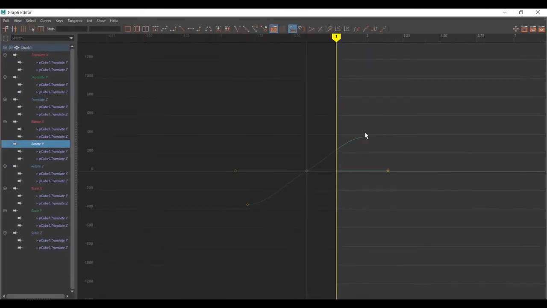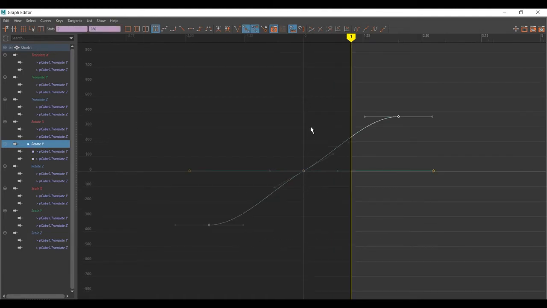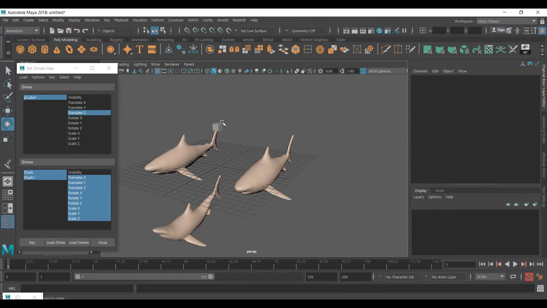So the thing we want to do is select it. The best way is to make it linear. And the second thing is this one. It will repeat on this side and the other side. So we just press it, and that's repeating, and press it again, it repeats on the other side also. So what we got